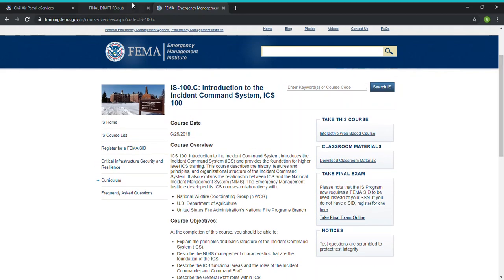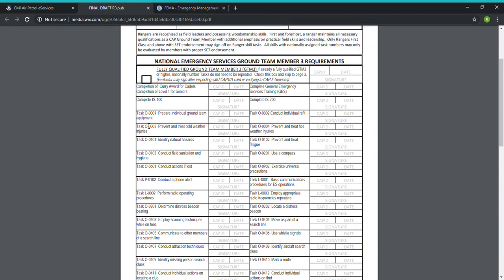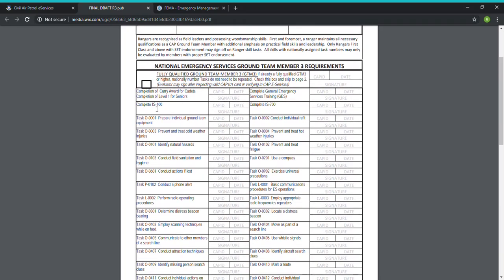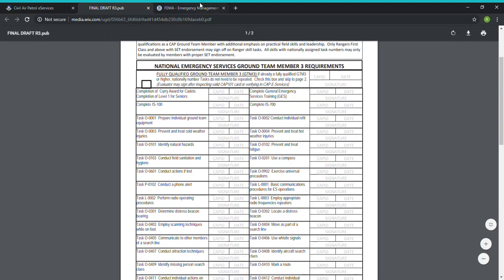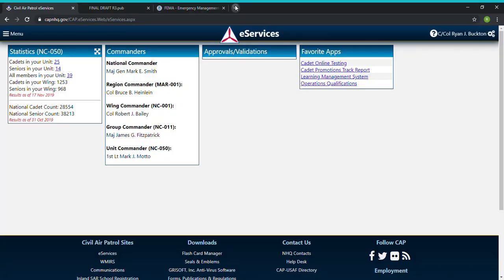For instance, the difficulty, at least in my experience, seemed to correlate with the numerical value. The IS 700 course was more difficult than the IS 100, and the IS 800 course was the most difficult out of all of them. But as you can see, for Ground Team 3 and Ranger 3, you only need IS 100 and 700. Once you've studied the materials, created your ID, and taken the exam, you should receive in your email